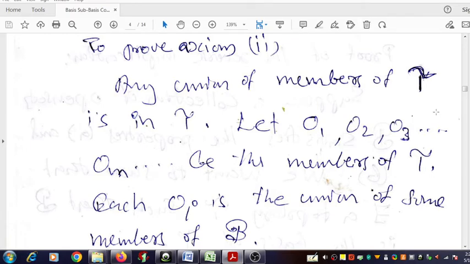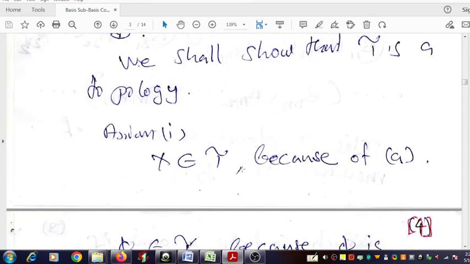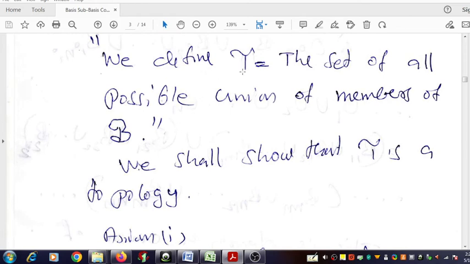And all these open sets are members of tau. So we choose these members, or these elements, from the topology tau. We cannot call it a topology now; we can call it only a collection. That collection is defined here. So the tau is the collection which is defined, which is stated here,